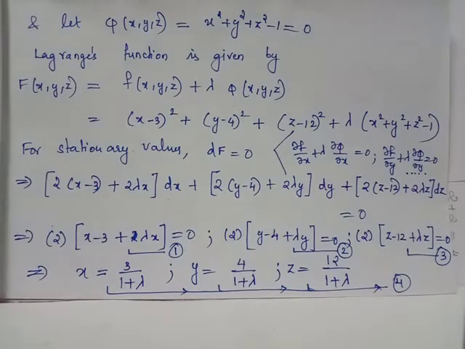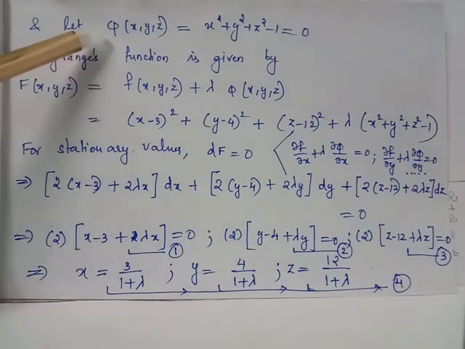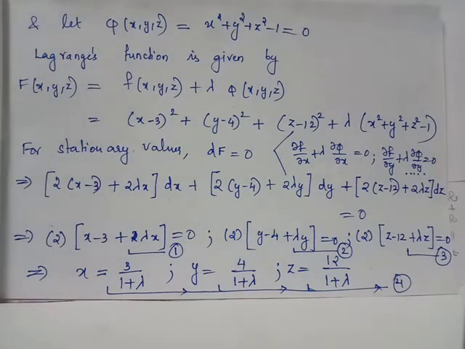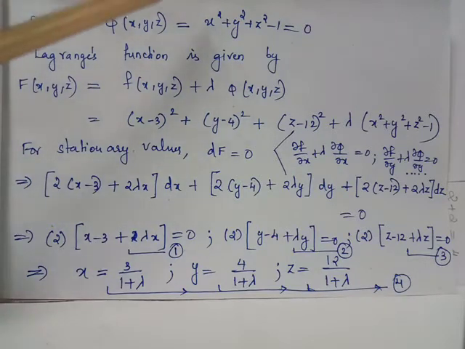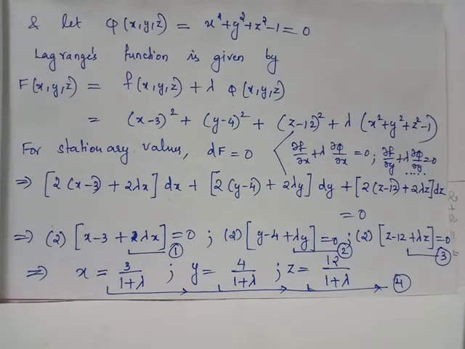From the question we obtained the relation connecting x, y and z, which is the equation of unit sphere. So we may denote phi of x, y, z as x square plus y square plus z square minus 1 equal to 0. Because we are interested in the expression of phi of x, y, z equal to 0, we just take 1 to the LHS and consider the equation x square plus y square plus z square minus 1 equal to 0.